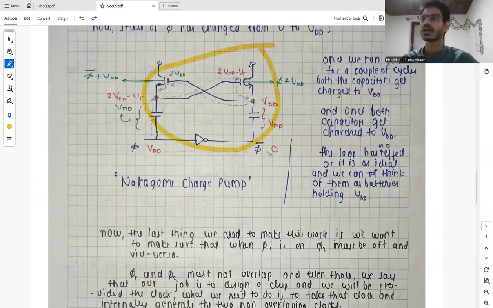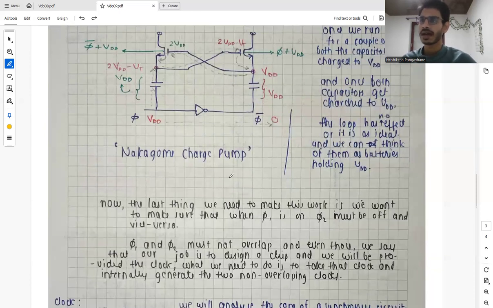So basically this structure is called a Nakagome charge pump, and once both capacitors are charged to VDD, the loop has no effect, or it is sitting idle in our whole circuit, or we can just think of them as batteries which are holding VDDs. So now one last thing. Now that we have implemented all the switches in our sampling circuit with MOSFETs, our circuit is ready. So one last thing we need to make this whole circuit work is we want to make sure that